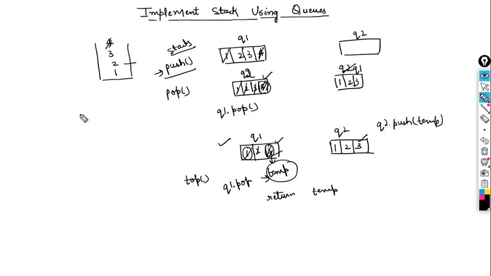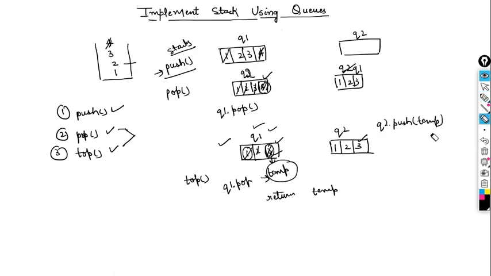So what we have done here, we have performed 3 operations, that is push, pop and top, right? Push is similar to what we do in case of stacks. Pop and top involve a second queue, right? These operations are involving a second queue. That basically means that a queue with an extra queue is behaving like a stack, right? A single queue is different, but if we take another queue with a queue, it will start behaving like a stack, right? So this is how we can implement it.